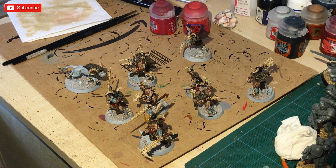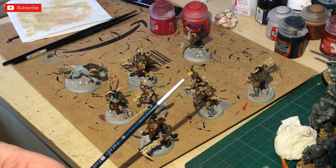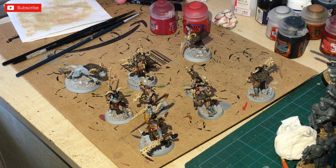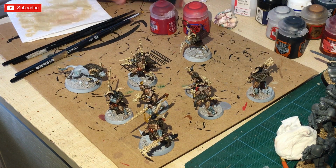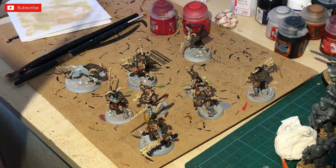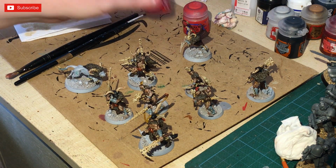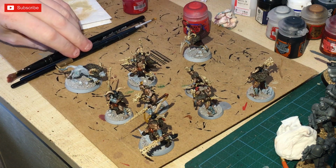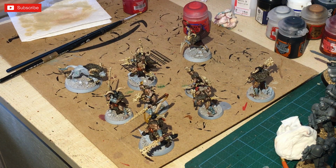So we're going to get our trusty little made up dry brush, or you can, of course, use this one as well. And for some of the bigger pieces, we're going to use the large one. And all we're going to do is work in a circular motion. So we're going to go with Khorne Red first, and we've put a red tint on our cloaks anyway,